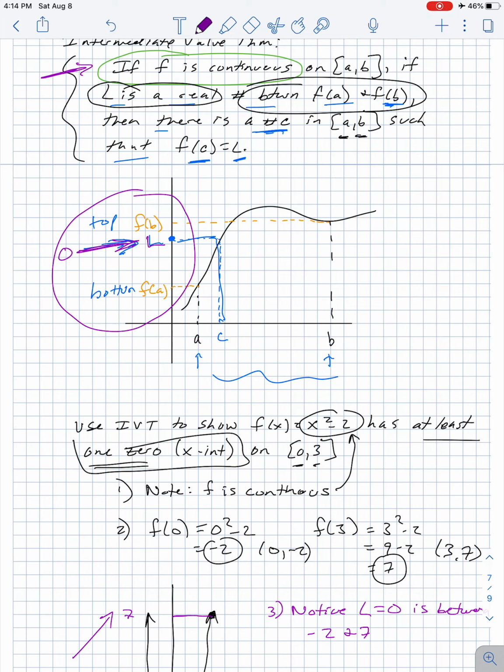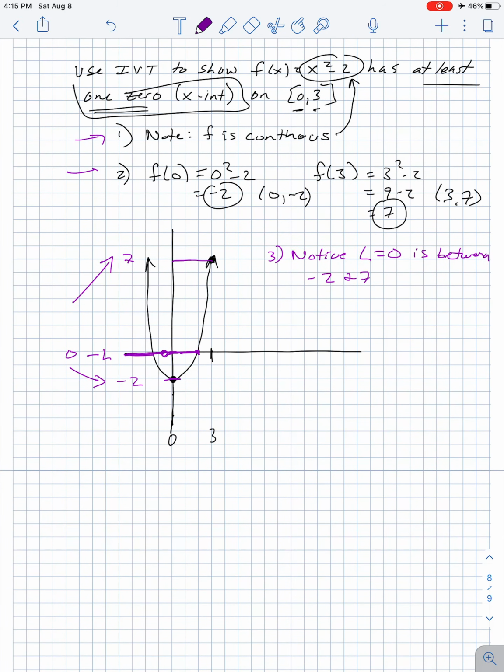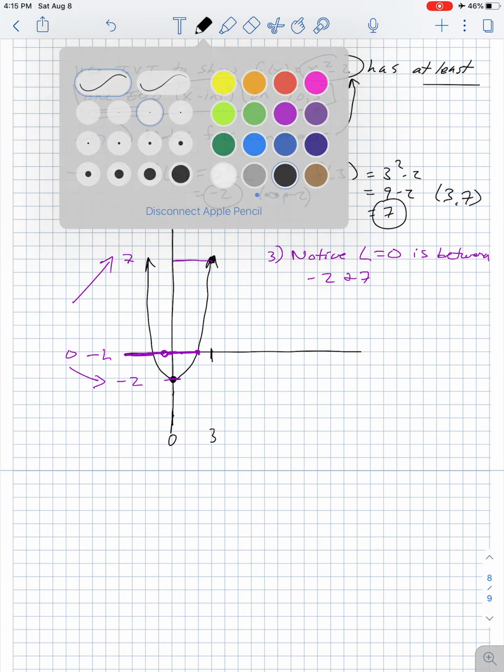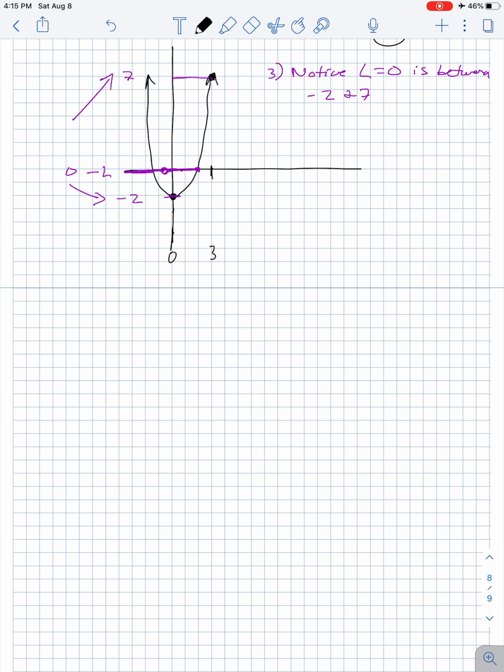I've shown that f is continuous, and I've shown that there's a real number between the endpoints, 0. Okay? And then it says then. So now I can make the conclusion. I can write the conclusion out because I've met the requirements here. The way we write this is, therefore,